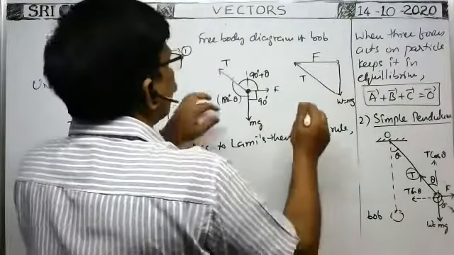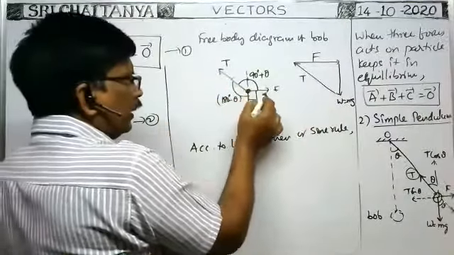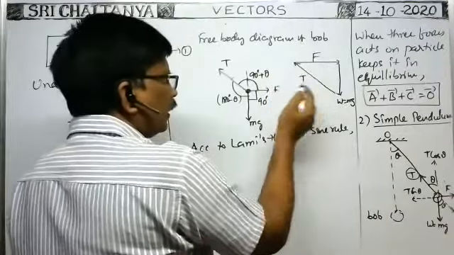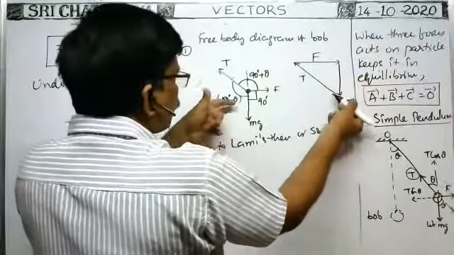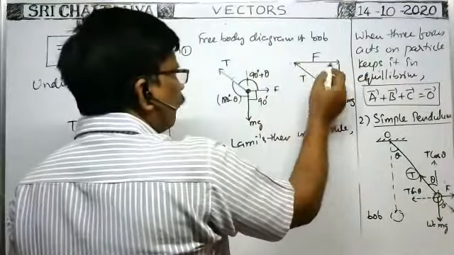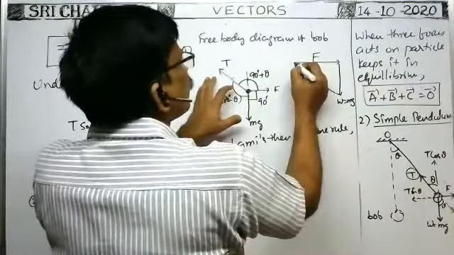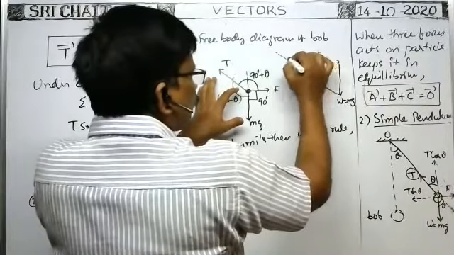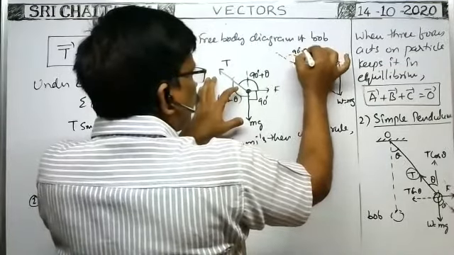Now here you see, I drew the same. These three forces are represented as the adjacent sides of a triangle taken in order. You see F in this direction, from that weight mg acts in this direction, from this tension in this direction. Whatever the angle between F and T, here also it is the same. Angle between F and T means T in this direction, F in this direction. The angle between them is 90 plus theta.